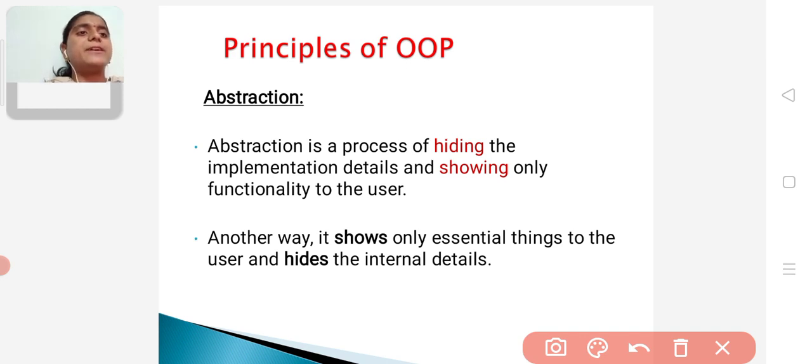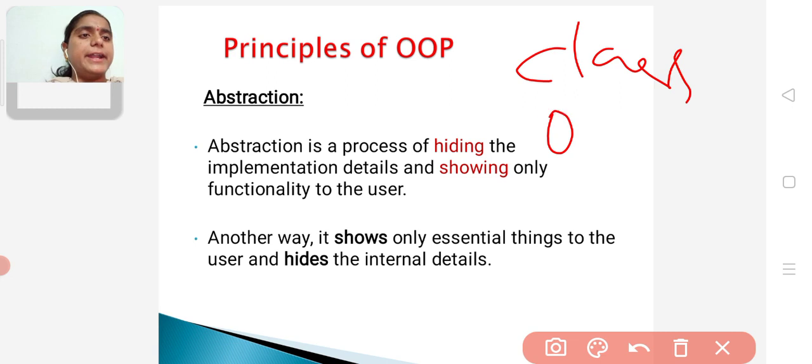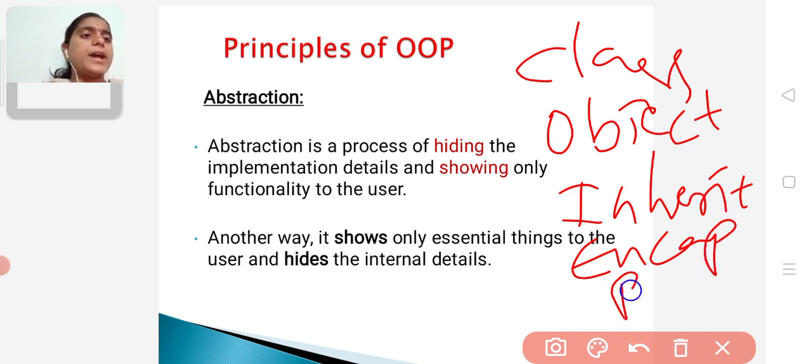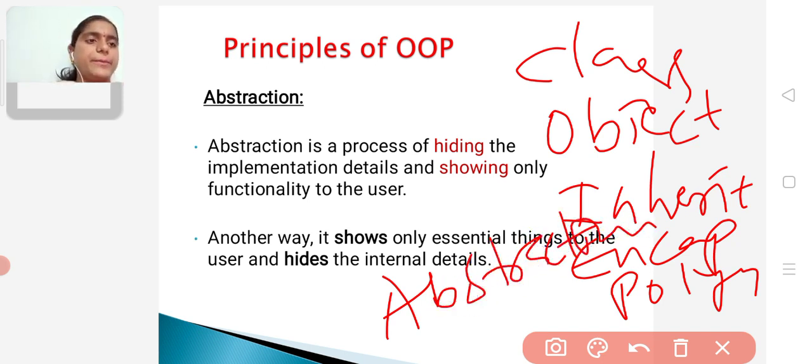So these are the main features of principles. What are the features? First one is class and object, inheritance, encapsulation, polymorphism, and last one abstraction. So these are the main features of object oriented programming.